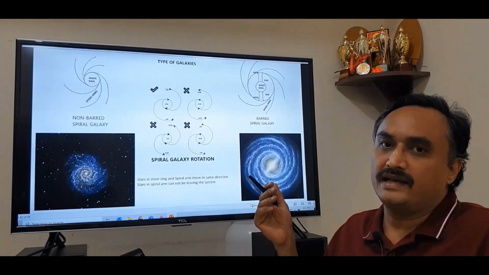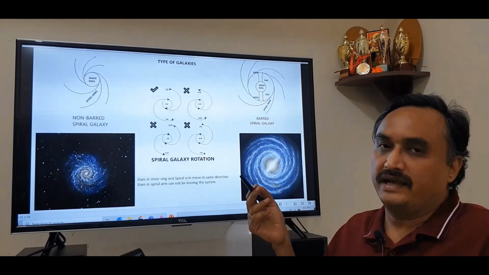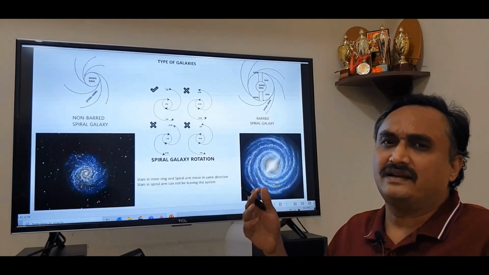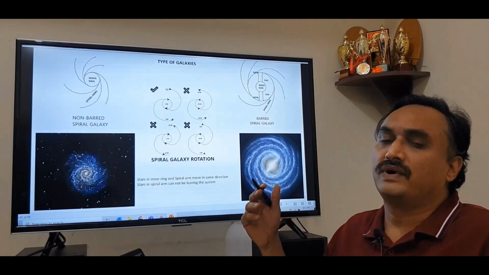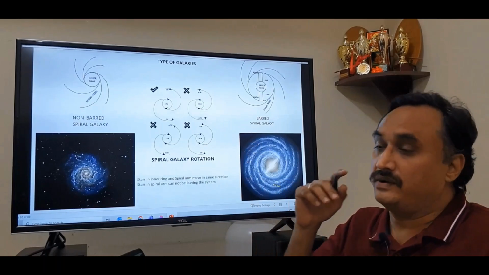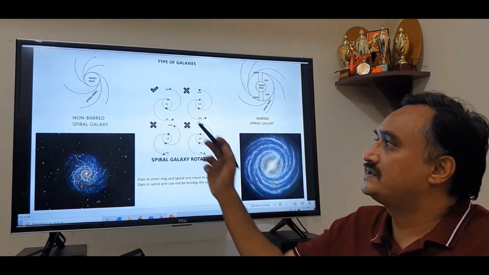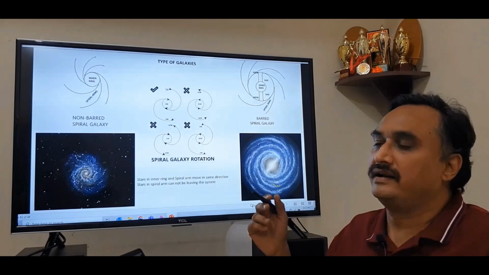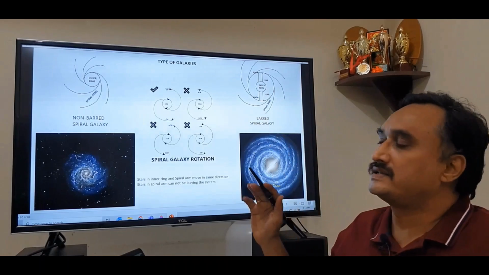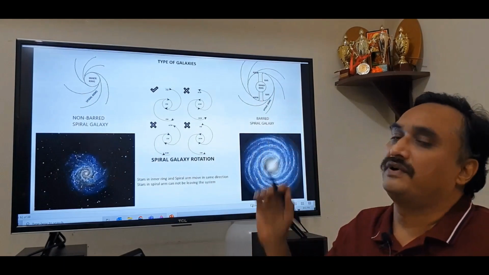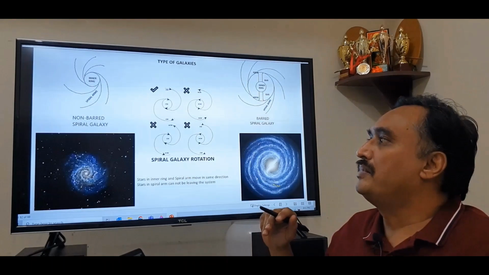Out of the 100 galaxies that you come across in the night sky, 80% of them are spiral galaxies. The rest are elliptical and irregular shape, and they are easy to explain. So once we are able to handle these two, that would take care. And again, this 80% or 75% of the galaxies which are in spiral form are of two types. One is without any bar, another is called a barred spiral galaxy. They are almost half, 40% of the galaxies that you see in the open sky are either non-barred spiral galaxy